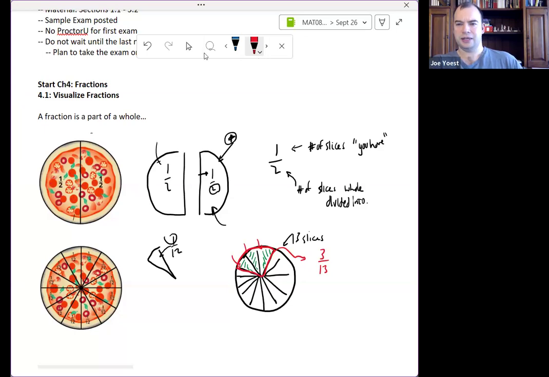Right, I know that I can, for instance, take a pizza that's cut this way in half. I could come along and cut it again this way. If I cut it a second time this way, then I would have 1, 2, 3, 4 pieces that whole pizza was cut into. So these would represent fourths. And this kind of top left piece would be, say, 1/4 of the pizza.